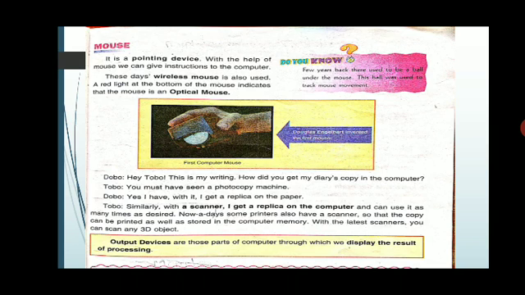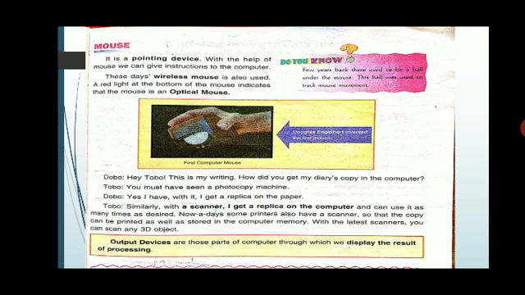Then Dobo says, "Hey Tobo, this is my writing. How did you get my diary's copy in the computer?" Then Tobo says, "You must have seen a photocopy machine." And Dobo says, "Yes, I have. With it, I get a replica on paper." Tobo says, "Similarly, with a scanner, I get a replica on the computer and can use it as many times as desired." Nowadays, some printers also have a scanner so that the copy can be printed as well as stored